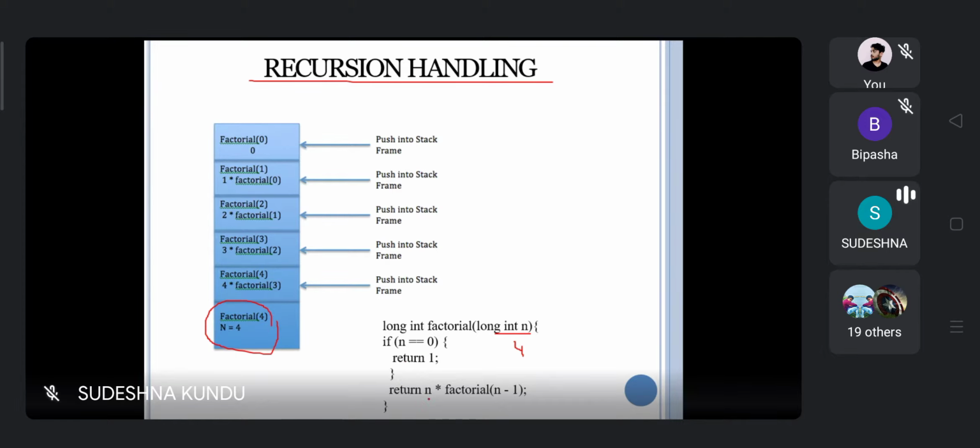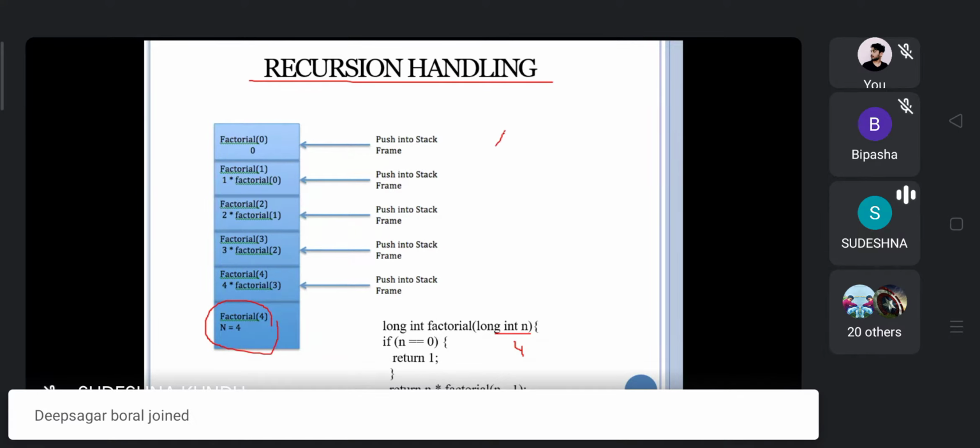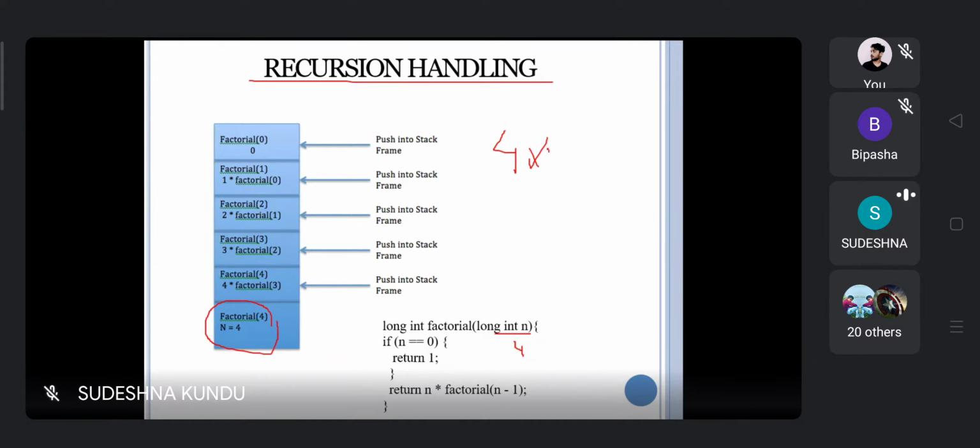Otherwise, return n into factorial of n minus 1. So initially, 4 into factorial of 3.